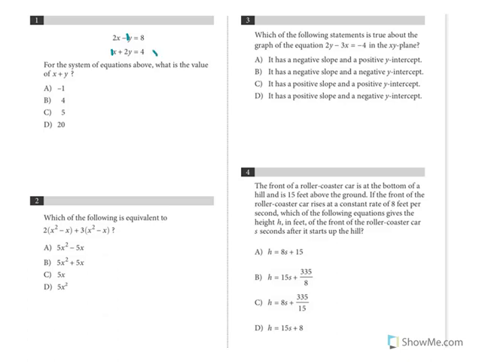And so we can either say x equals 4 minus 2y, or we can say y equals 2x minus 8. And I'm going to go with y equals 2x minus 8. So I would say we put that in for y right here, but since we already isolated that x, we can go ahead and say x equals 4 minus the quantity 2x minus 8. So x equals 4 minus